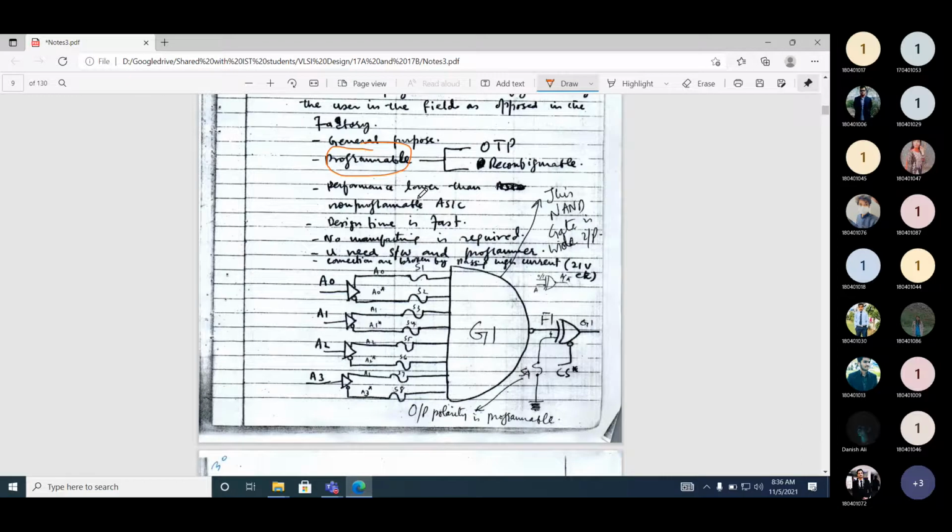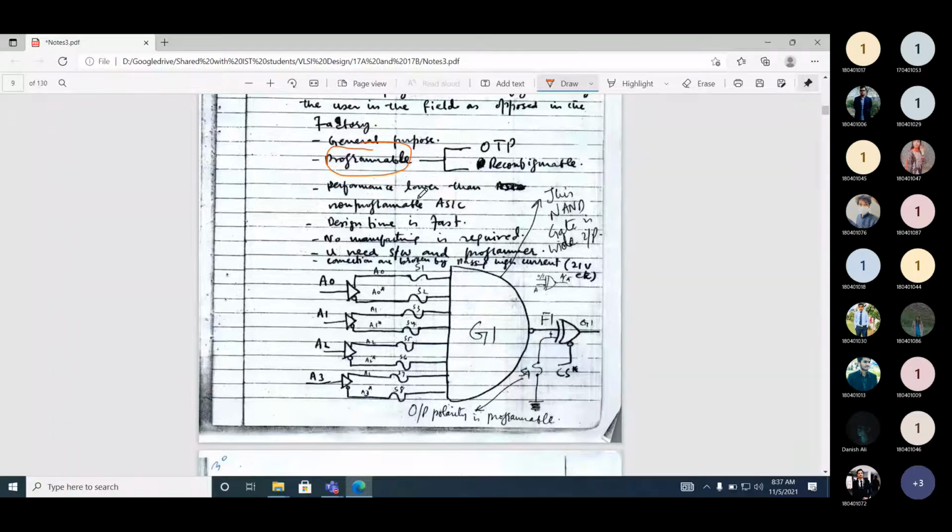The device is already fabricated, and no manufacturing is required. You just need a cable, a software tool, and some high-level design entry method. The design entry can be Verilog, VHDL, or any method. Not C. Yeah, in some cases C, because it's a high-level language, for high level synthesis.